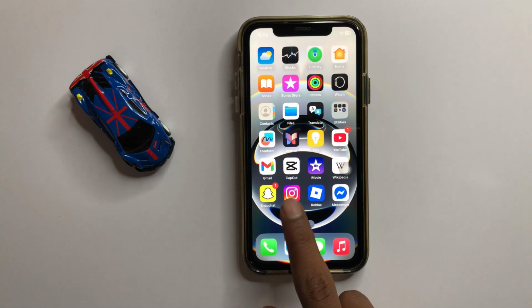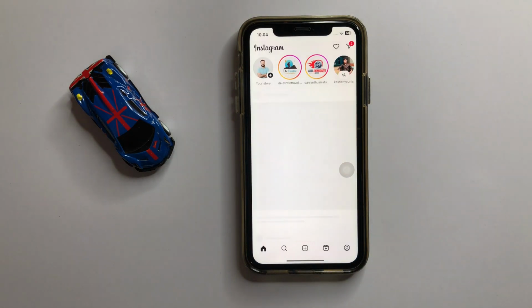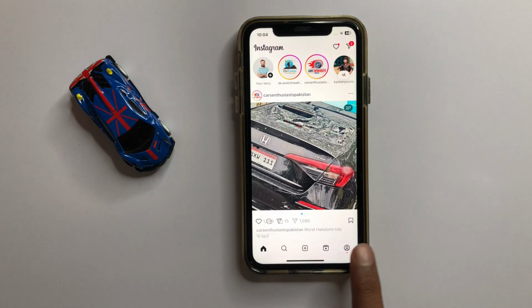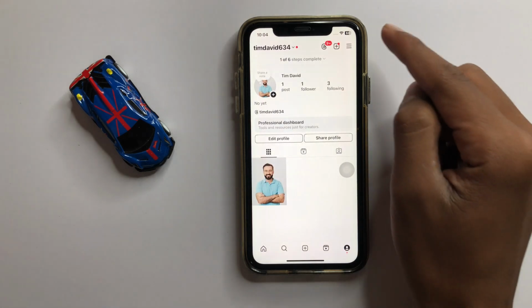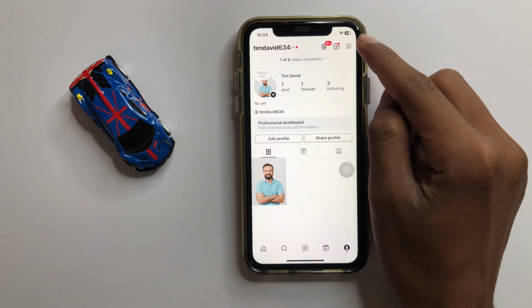open Instagram and then click on your account. After clicking on your Instagram account, then on the top right corner you can see these three lines. Now click on it